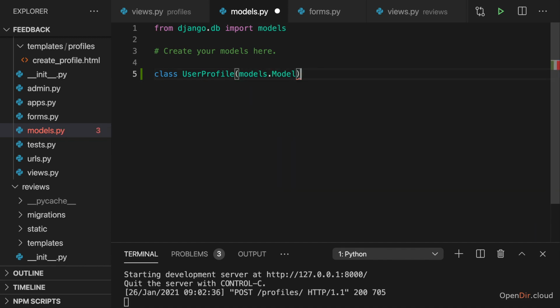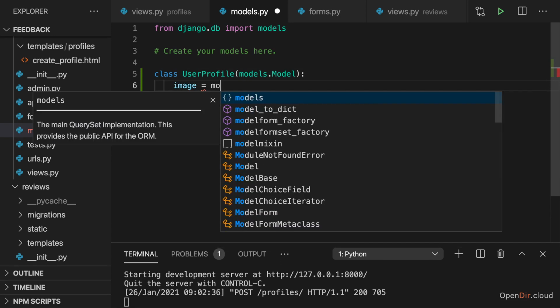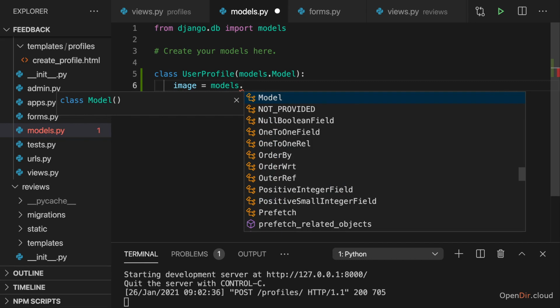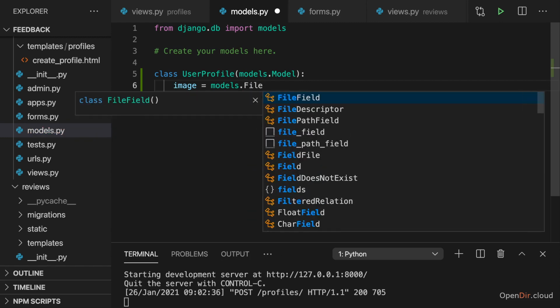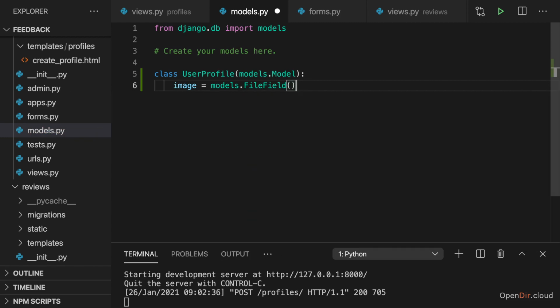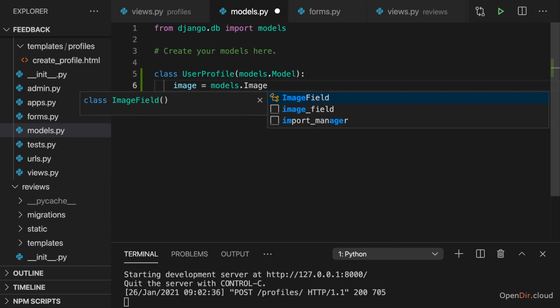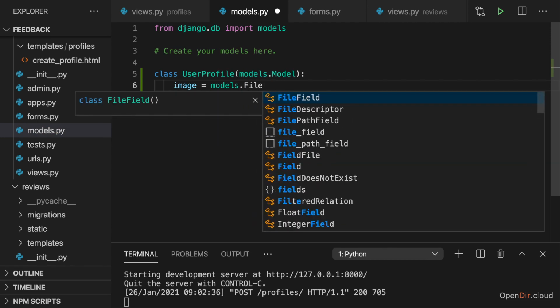Now, as before, here we'll extend models.Model, and now we set up all the fields we want to have, like a first name and so on. But here it's only about the image. So I'll add a field named image here. And this will now be a special kind of field, not a CharField containing some image name or anything like that, but instead a FileField. There also is an ImageField, and I'll come back to that in a second, but let's start with the